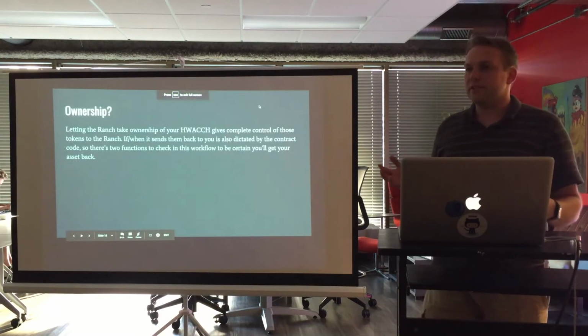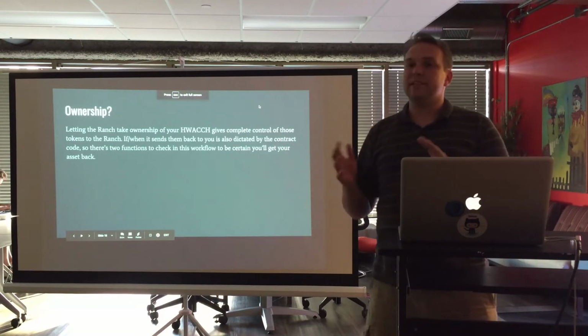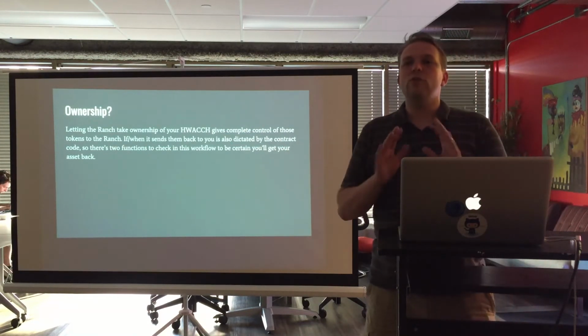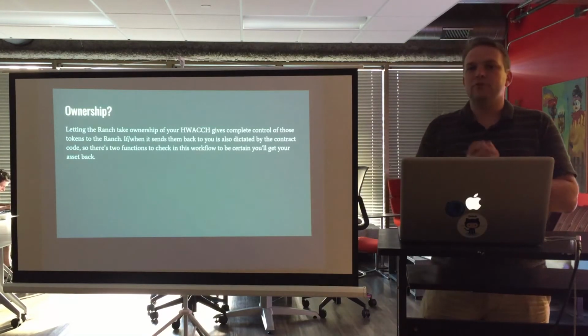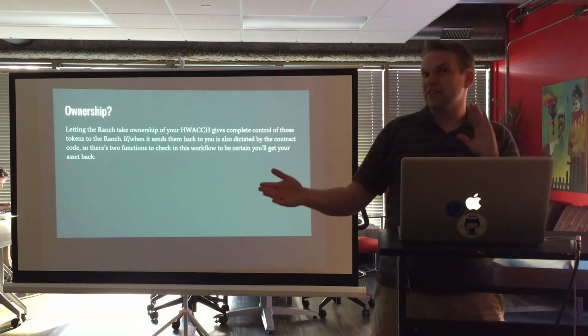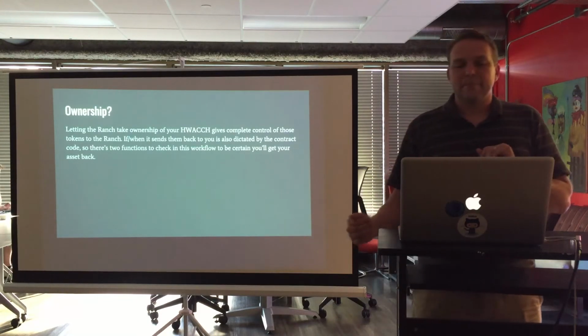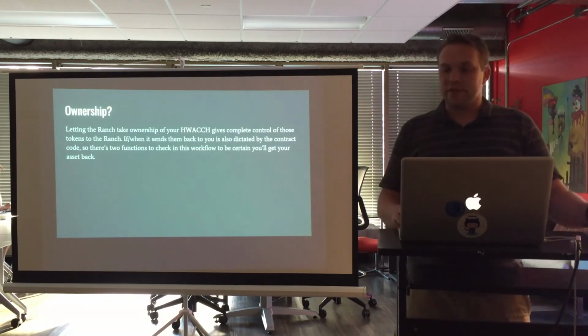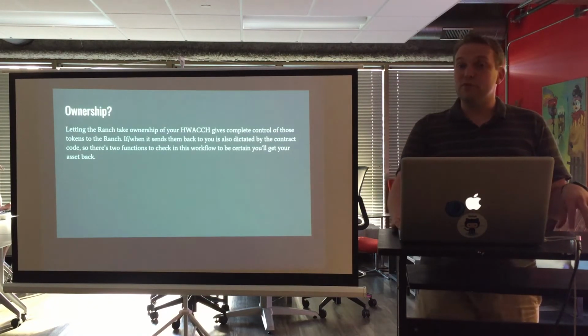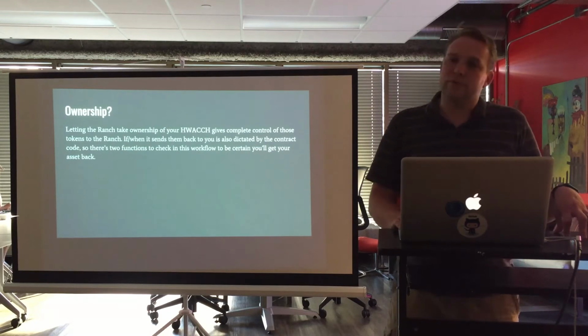So the next step in that process is I need to trigger something on the ranch to say, take my unicorns. Now I've only given them an allowance of 2, but if I say, only take 1, how do I know that they are actually only going to take 1 when I've given them the authority to take up to 2? We actually need to look at the code and see what it's going to do. And this is important because this process is actually moving ownership. You are losing control of your Hwatch.